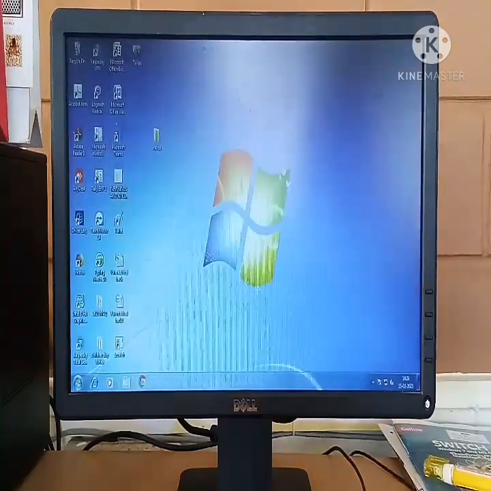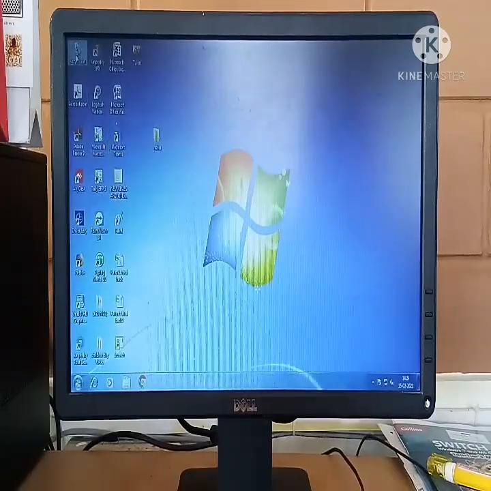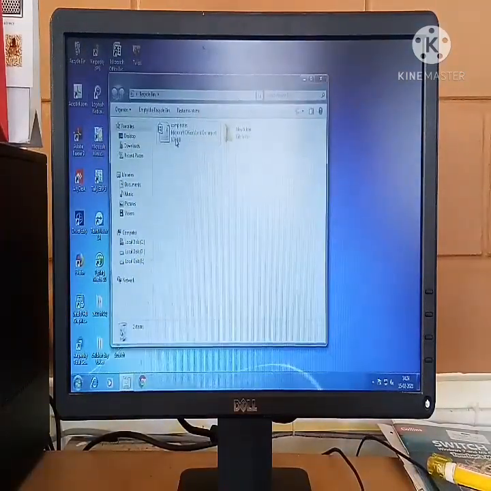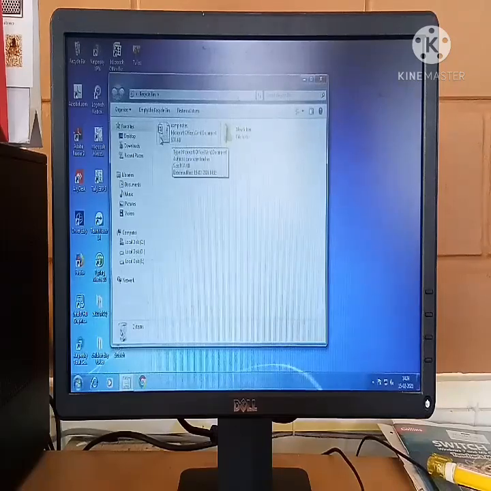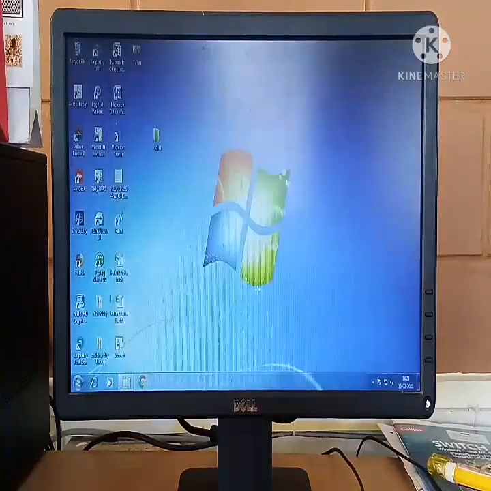I'll show you once more. See, double click on recycle bin, and you know that computer notes file has been deleted unknowingly. It is here. Right click on that, you will get 4 options: restore, cut, delete and properties. So you are going to click on restore. If you restore it, it will come back.